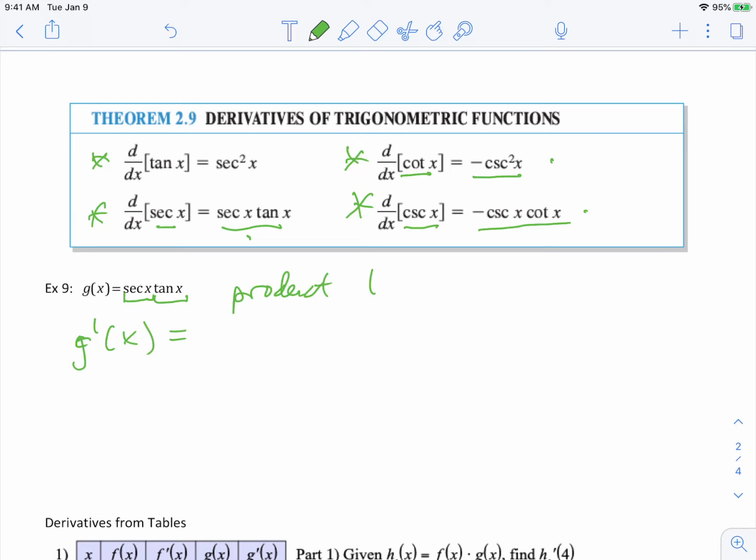We do not have a rule for secant tangent. We have a rule for secant, we have a rule for tangent. Okay, so we're going to do the product rule. So now we do first function, so that's secant of x, times the derivative of the second one. So we're looking at tangent, and I know the derivative of tangent is secant squared,